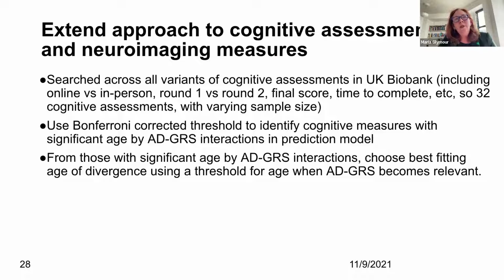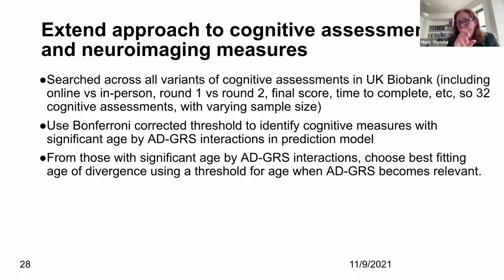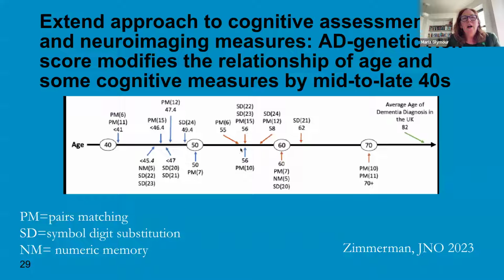And in fact, we then went and looked at the cognitive assessments in UK Biobank. They have a bunch of weird cognitive assessments that I don't know how they ended up with, and the samples for all of them differ. So we looked across all these assessments to find the ones with a very standard age-related change, and tried to find if the Alzheimer's disease genetic risk accelerated that change, and at what age it began. That's essentially the same model as with BMI, but done with 12 different cognitive outcomes.